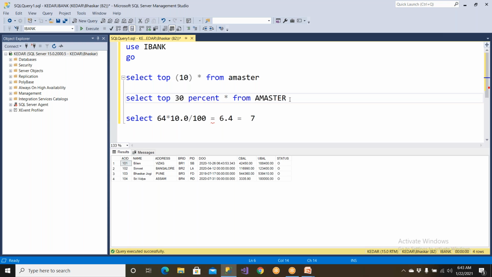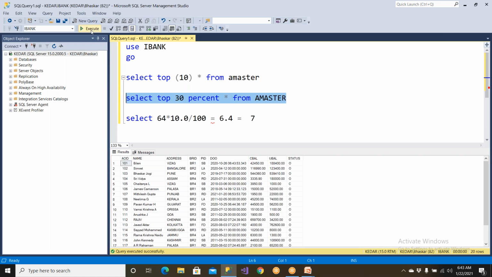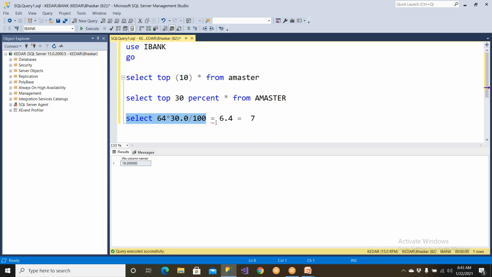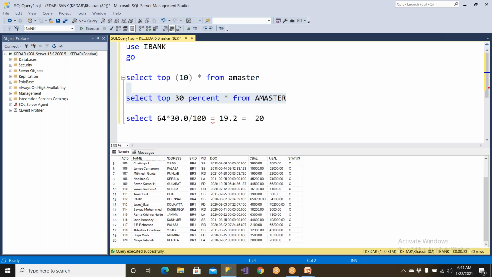So top 30% of the rows from this table will be given. Clear? So top 30% means approximately 19.2. It is rounding up to 20 rows. So 20 rows you should be able to see when you execute this query. So 20 rows are given. Clear? So these are very, very important commands that you must use in real time,